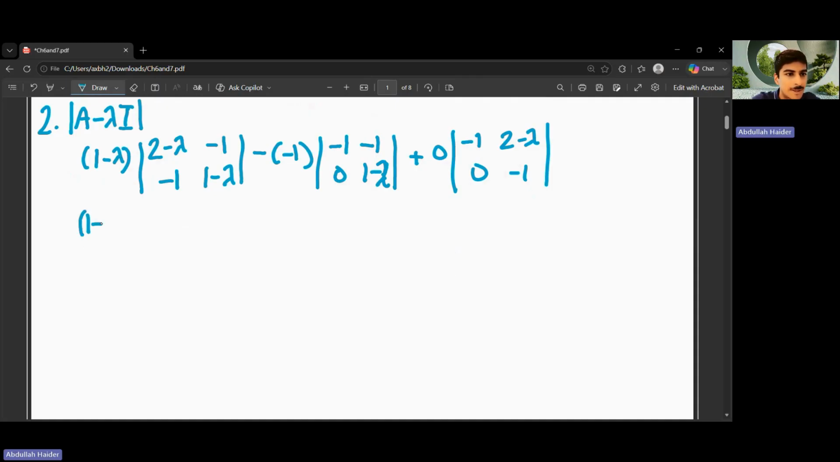So you have 1 minus lambda. This will become 2 minus 3 lambda, I think. 2 times 1, 2, yeah, plus lambda square, and minus 1, so minus 1 times -1 is 1, so -1. We're done with this part. Plus 1,